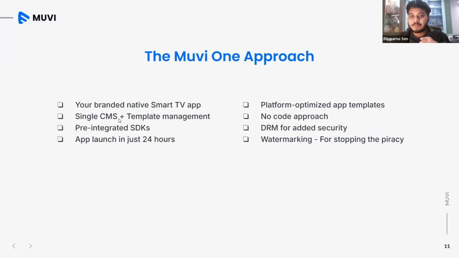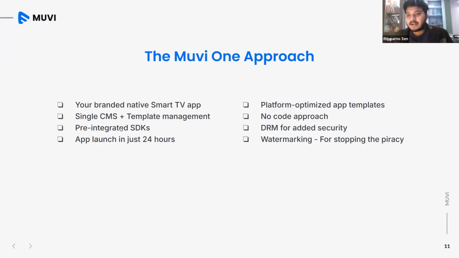So at Movie One, we have tried to create a simple and effective template management system for our TV apps. You just select the TV app, go to the template management section, click on the template, and that's it. The same template is going live across all the TV apps that you have.